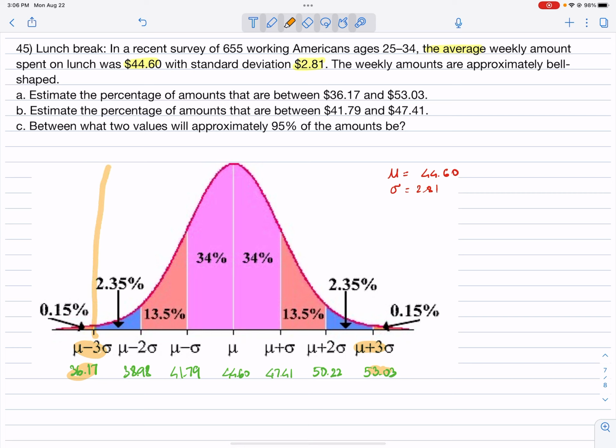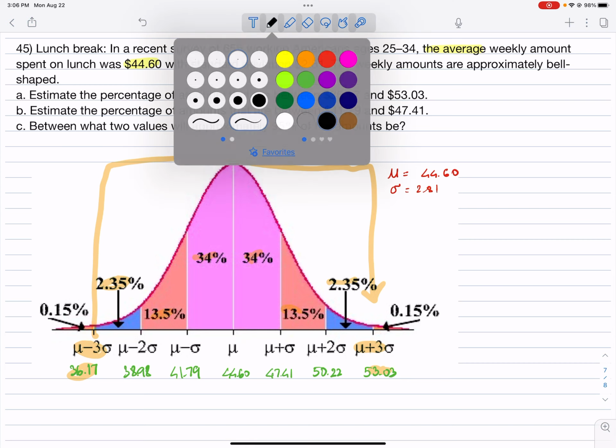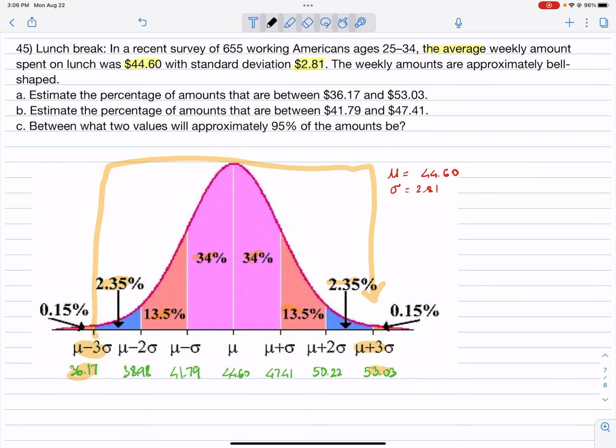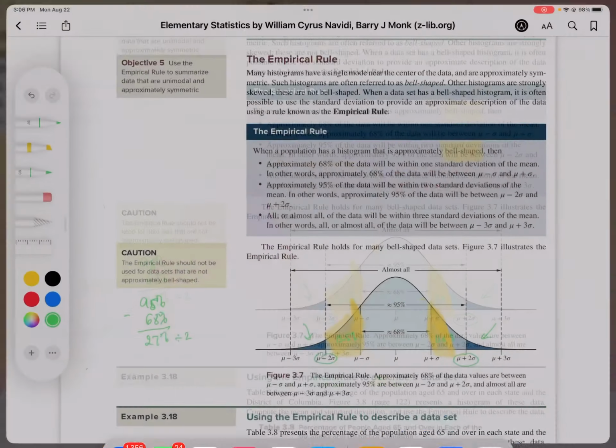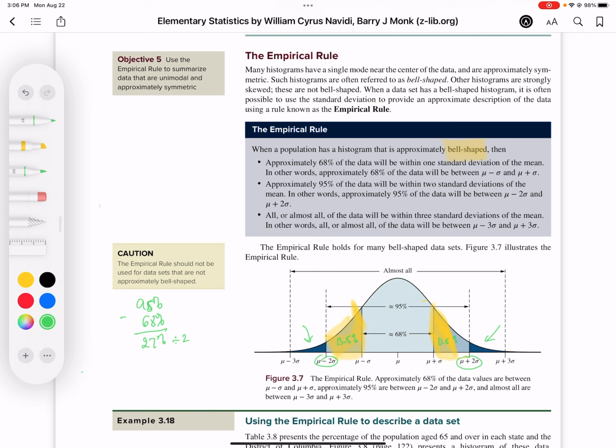They are asking what the percentage is from here to here. If you use this graph, you can add all of these together. Or you can go back to the book. Between mu minus 3 sigma and mu plus 3 sigma gives us